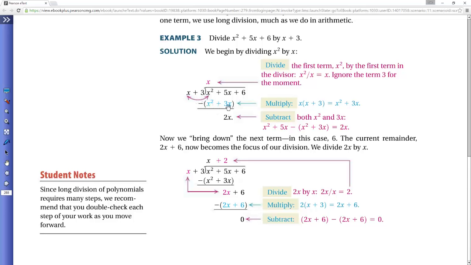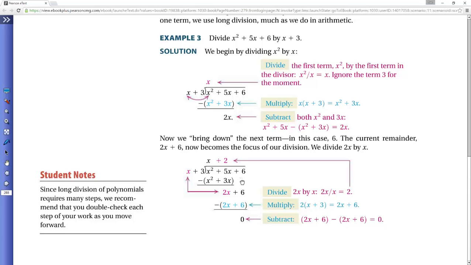Now we're going to subtract that, which means take the opposite of the entire thing. And the key is that if I do this correctly, when I put these things together, I add like terms in a sense, this first term, or this x squared term, will go away. I end up with 0x squared, or 0. So then I do this other subtraction, which is going to be, again, this is a negative 3x added to 5x, I get 2x. So now I got a new thing that I'm dividing into, and I drop the next term of this polynomial. So I put the plus 6 down,